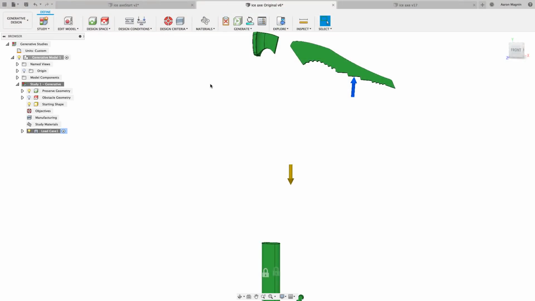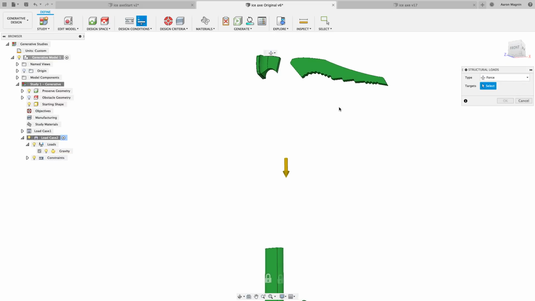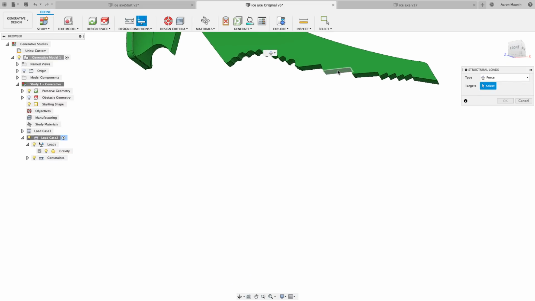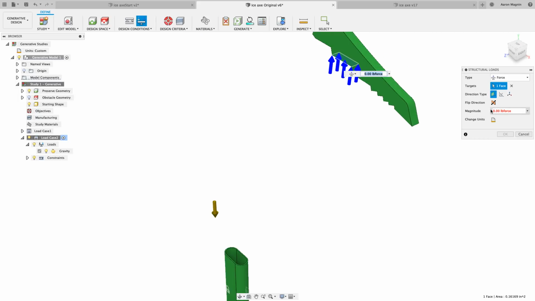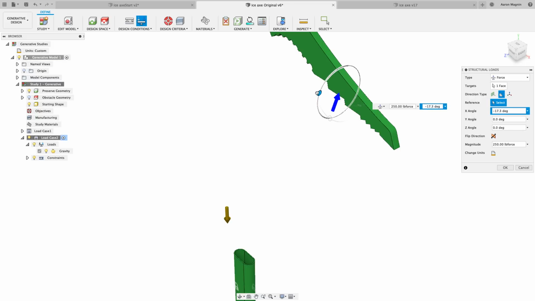So in addition to the worst case scenario, I'm going to add all the different small load cases that are going to happen to this. So I'm going to clone load case 1, and in load case 2, I can go and edit or delete the load that was currently there, add a new load, and I jump to this by hitting the L key on my keyboard. In this case, this was a very similar amount of weight, but in this event, I wanted to offset it somewhat. So I offset this 30